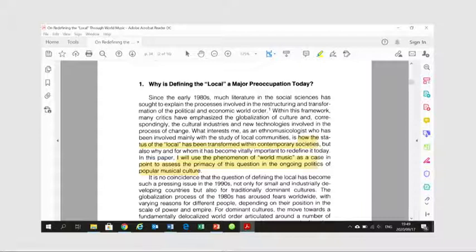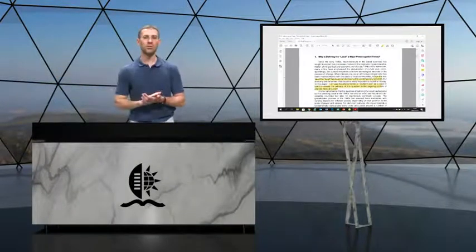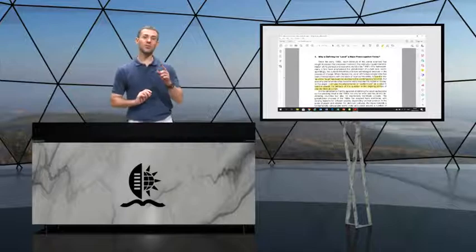So for example, contemporary. If you don't understand what the word contemporary is, you'll type it into Google and have a look. It means something that is happening now or at the time that you are writing. So contemporary societies means societies now, at this time. You'd write contemporary means blah, blah, blah in your notes. But you'll also write in your notes, hey, this article is about the transformation of local identities, because this is what the author has said this is about.